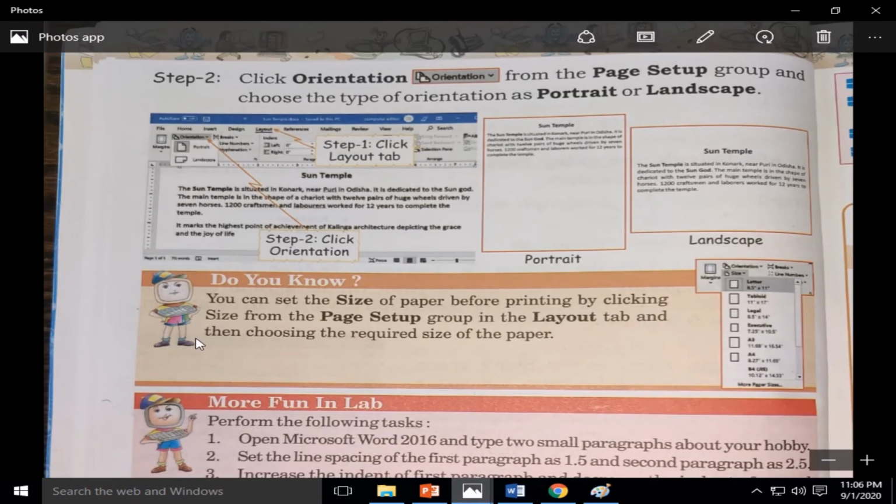Now there is one more thing in the Do You Know box. You can set the size of the paper before printing by clicking Size from the Page Setup group in the Layout tab and then choosing the required size of the paper. Yes, you can set the size also.